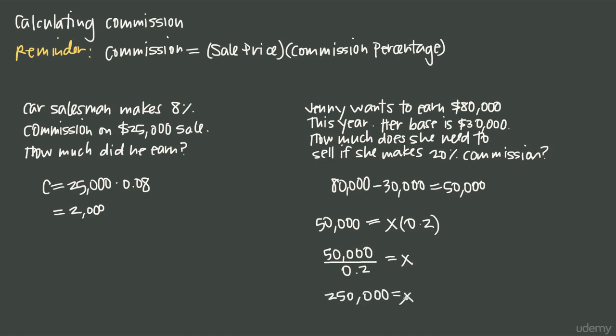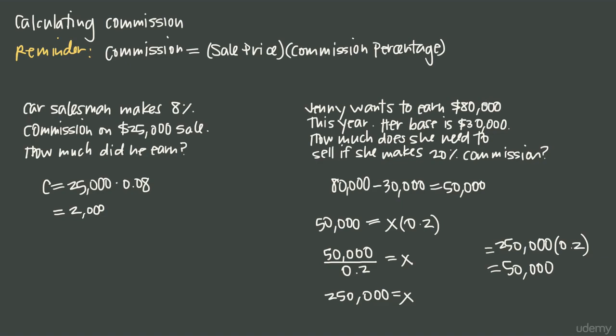250,000. So what that tells us is that she needs to sell $250,000 worth of product. If she makes 20% commission on that $250,000, then she'll make $50,000. And we can go the opposite way to prove that. We can say 250,000 multiplied by her 20%, 0.2, is going to be equal to $50,000. 250,000 times 0.2 is 50,000. So that's how she gets her $50,000 of commission. She adds that to her base salary of $30,000 and gets up to the $80,000 total that she wants for